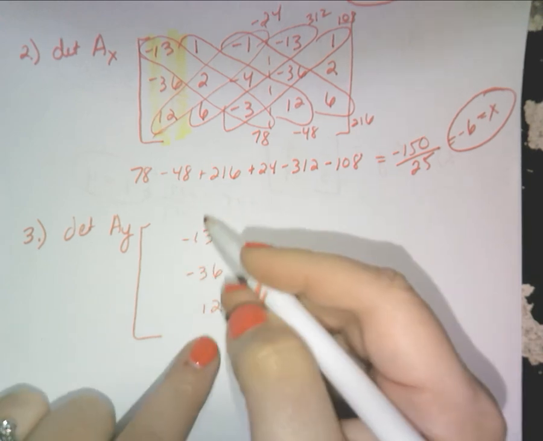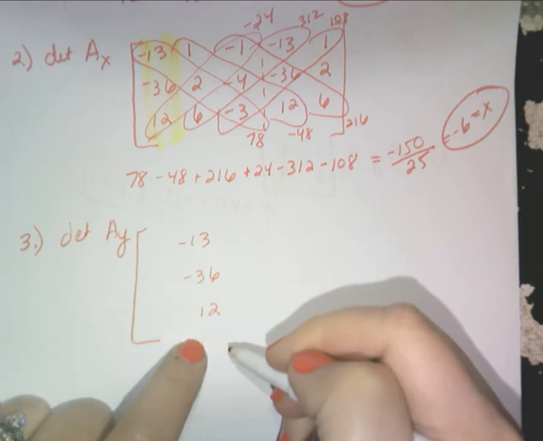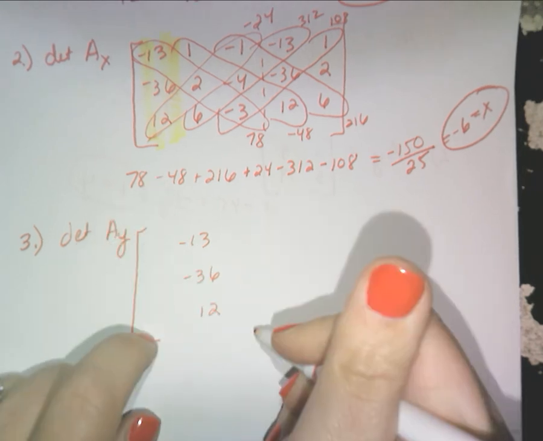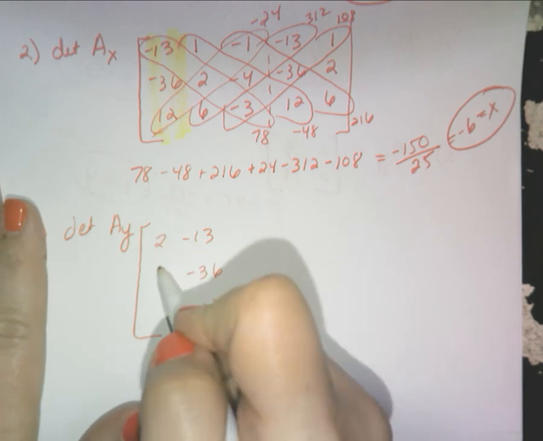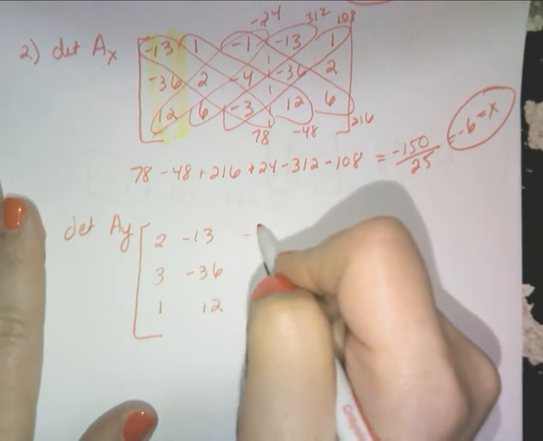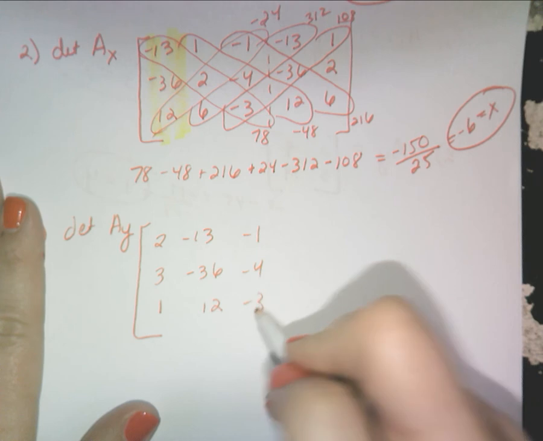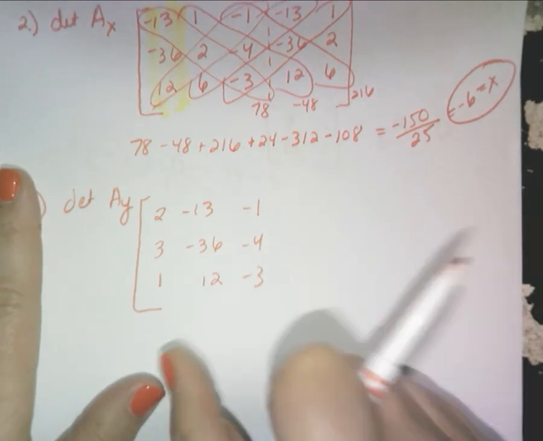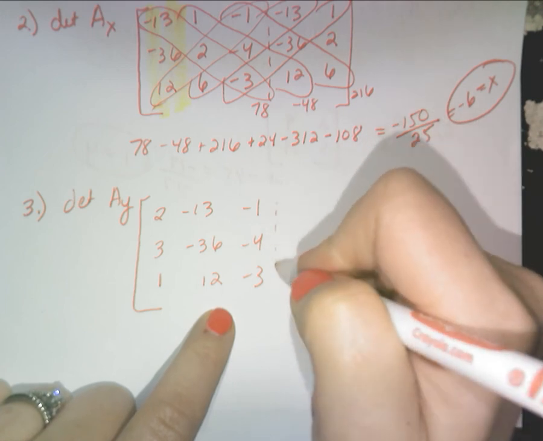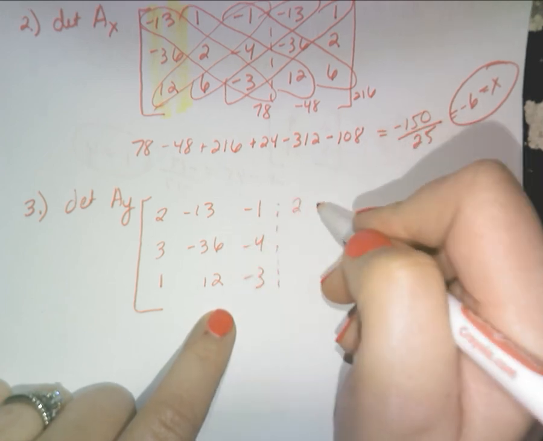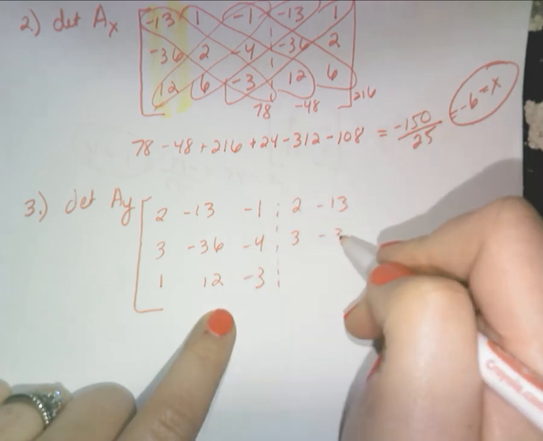Hint, hint, hint. These should be in the middle column. These two columns will be whatever the original A was. So that's what your AY would look like. And then to actually solve it, you would transpose the two columns